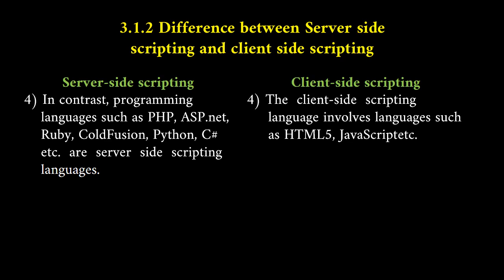Means the program will not show any error, but you will not get any output. But on the other side, in server side scripting languages, before showing the output, they have to compile it. Once it is compiled, you will get the error. If you have a program having errors, then it shows the error. So that's the difference between client side scripting and server side scripting programming languages.